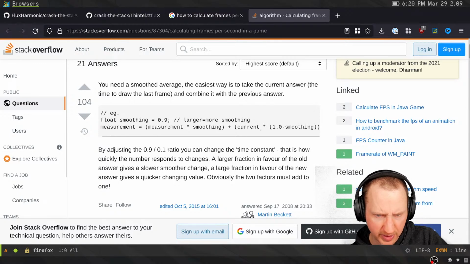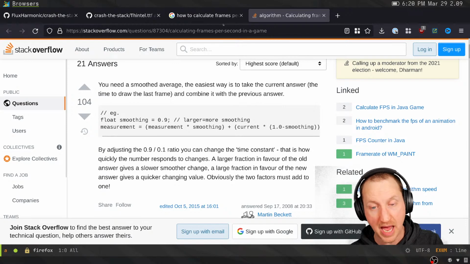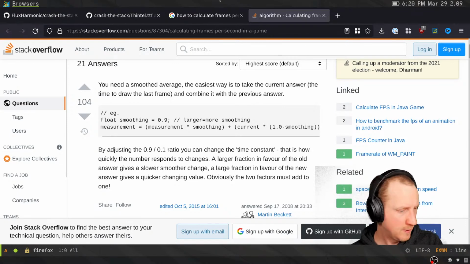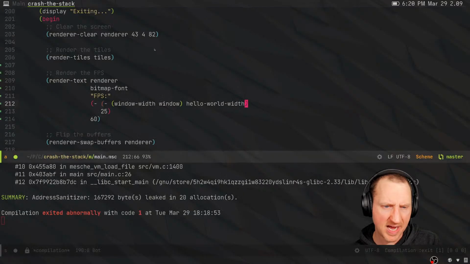Measurement times smoothing plus current times 1 minus smoothing. Yeah, that seems more or less right. It's not super accurate, but it's enough that it will stabilize. All right. So, time to render the current frame. So let's